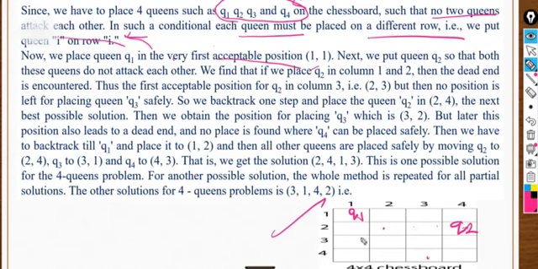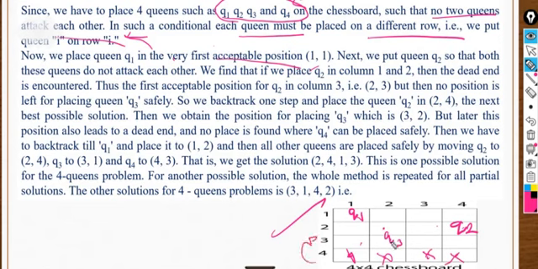Now check the possibility for q3. It could not be there. Yes, it could be there, q3, but not the other place, right? So q3 is okay. Now what do we have to check for q4? Q4 cannot be there. This is also not possible because of the diagonal, and this is also not possible. That means again there is a problem. You cannot align q4. That means it is time to backtrack.